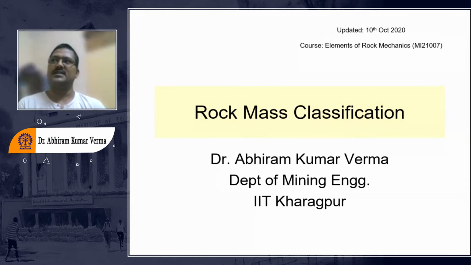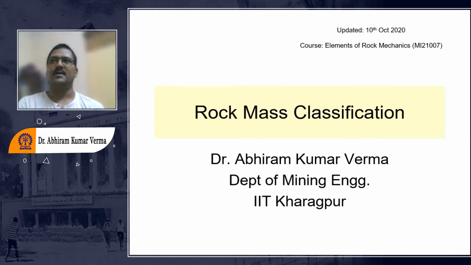So without going into much detail about the description of the rock mass, a design engineer or a geologist can understand very well what type of treatment is needed for this type of rock mass. Right? So rock mass, as we have discussed, has intact rock as well as the discontinuities. I will show you some photographs, and you will recognize how difficult it will be for a rock engineer to get some idea about the rock mass when we look into this, and how it is going to behave,